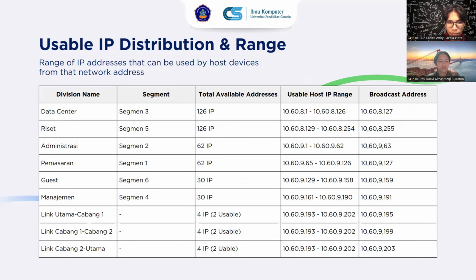The first address in each segment is used as the default gateway, enabling each PC to communicate outside of its subnet. This configuration ensures that each division is logically insulated, which guarantees better security and data traffic management between divisions. That's all from me, and my partner Danvi will demonstrate the technical implementation in Cisco Packet Tracer.